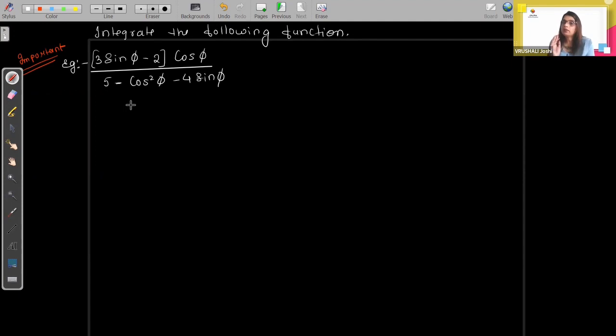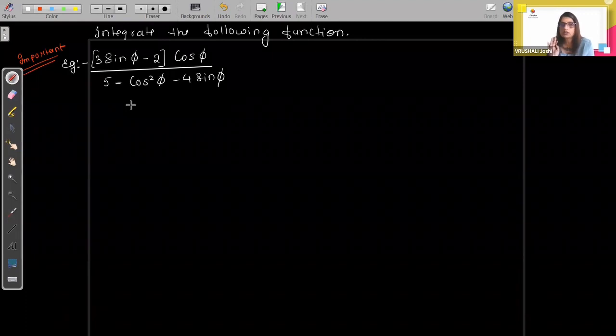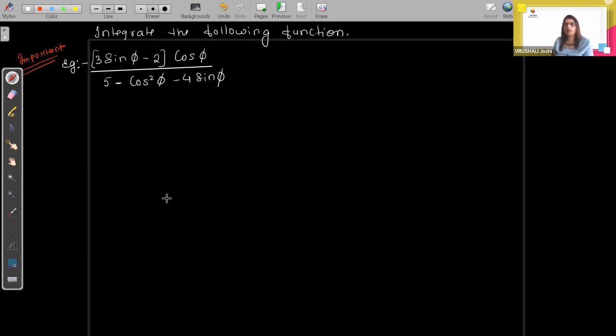ये सम को देखने के बाद आपको, you should understand one thing, that this sum can be solved by substitution method. This is evident, क्योंकि sine है, cos है, substitution method ही चलेगा यहाँ पर, correct? But what will you substitute? So point blank, anybody can easily think about it, that your substitution will be, let